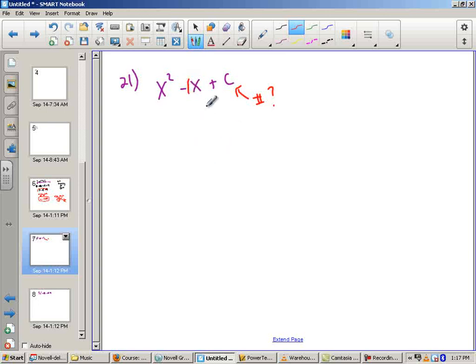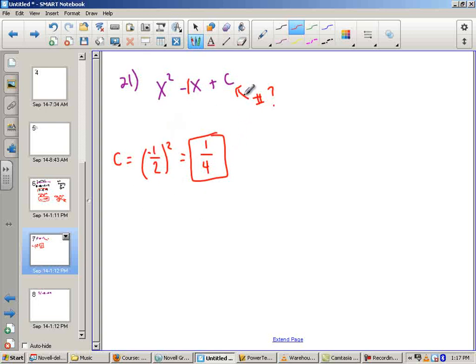This is a 1. So, my c value is always that number, 1, divided by 2, and then I square the result. So I'm taking half of this number, so 1 over 2, and then I square it. When I square 1/2, I'm going to square the top and square the bottom. That ends up being 1 over 4. So my c value is 1/4. Now, I didn't take the negative, but even if I had, negative 1 squared is 1, so either way gives